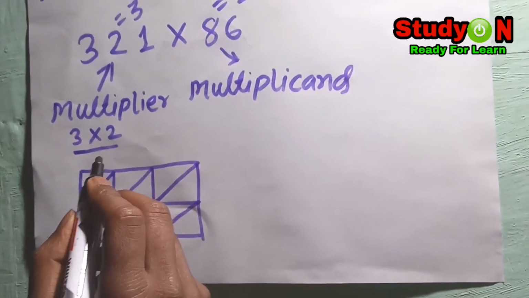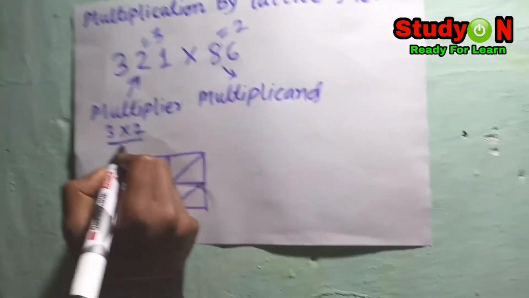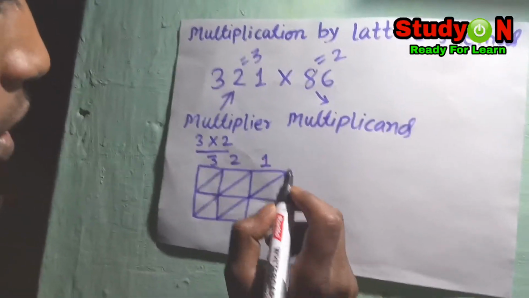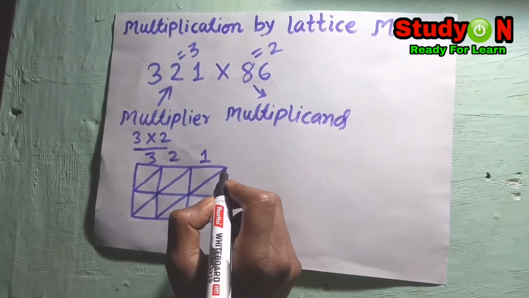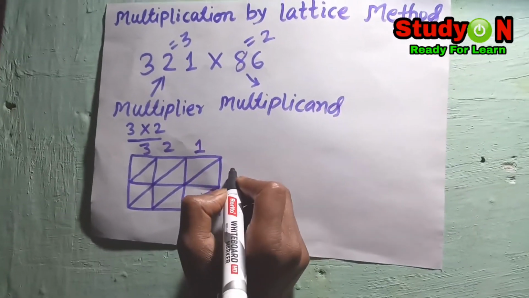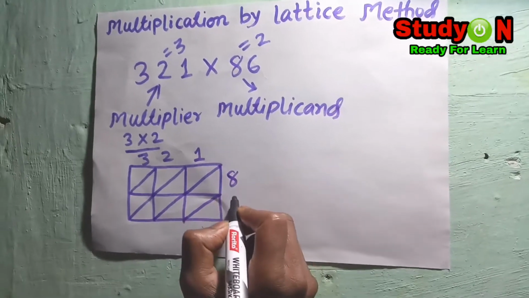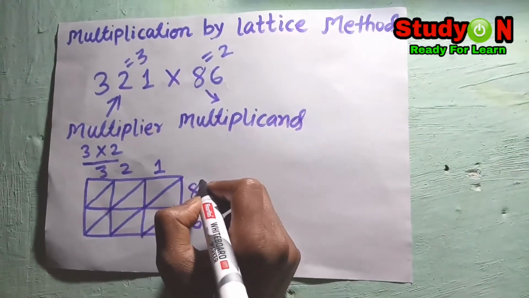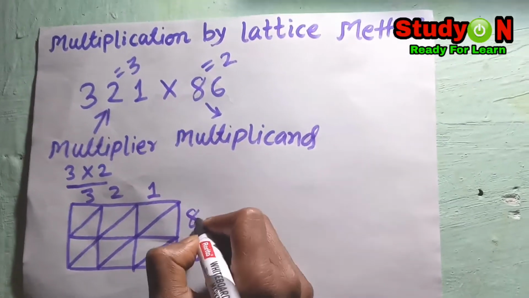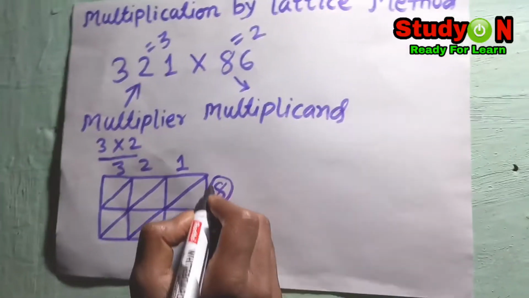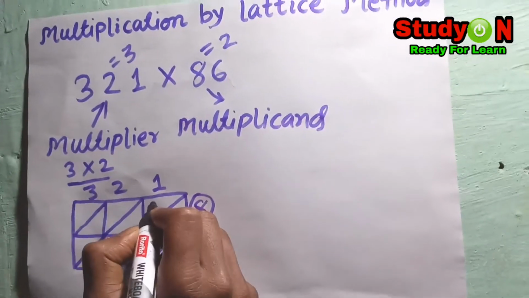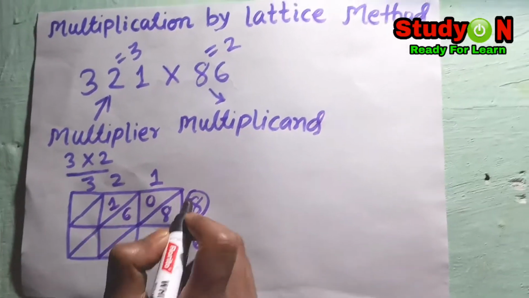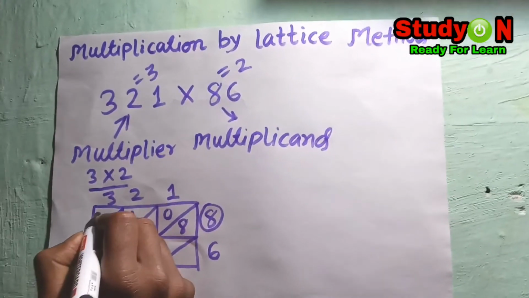We write the multiplier horizontally and the multiplicand vertically. Firstly multiply this to this. 8 into 1 is 8, 8 into 2 is 16, 8 into 3 is 24,